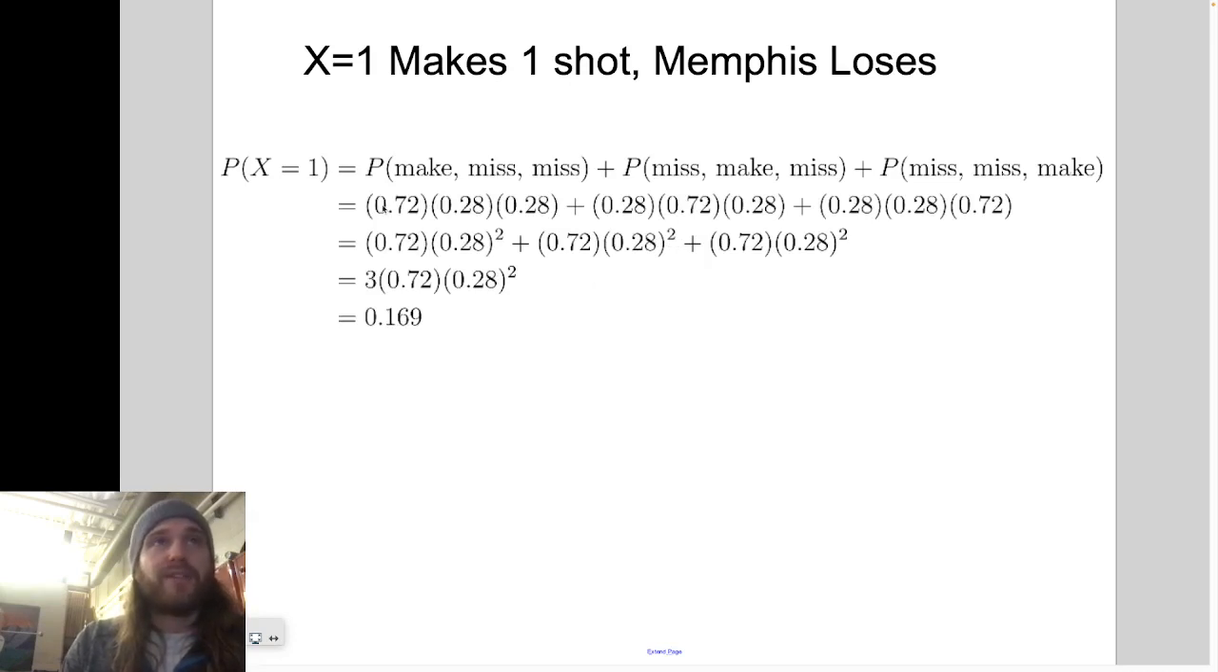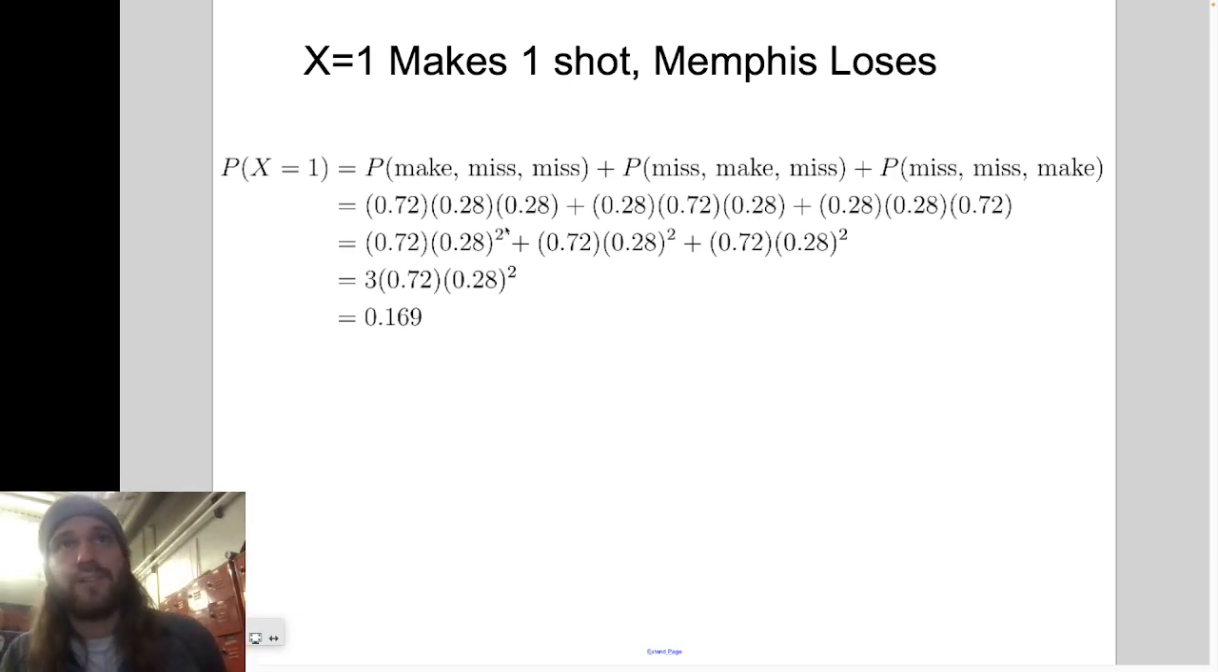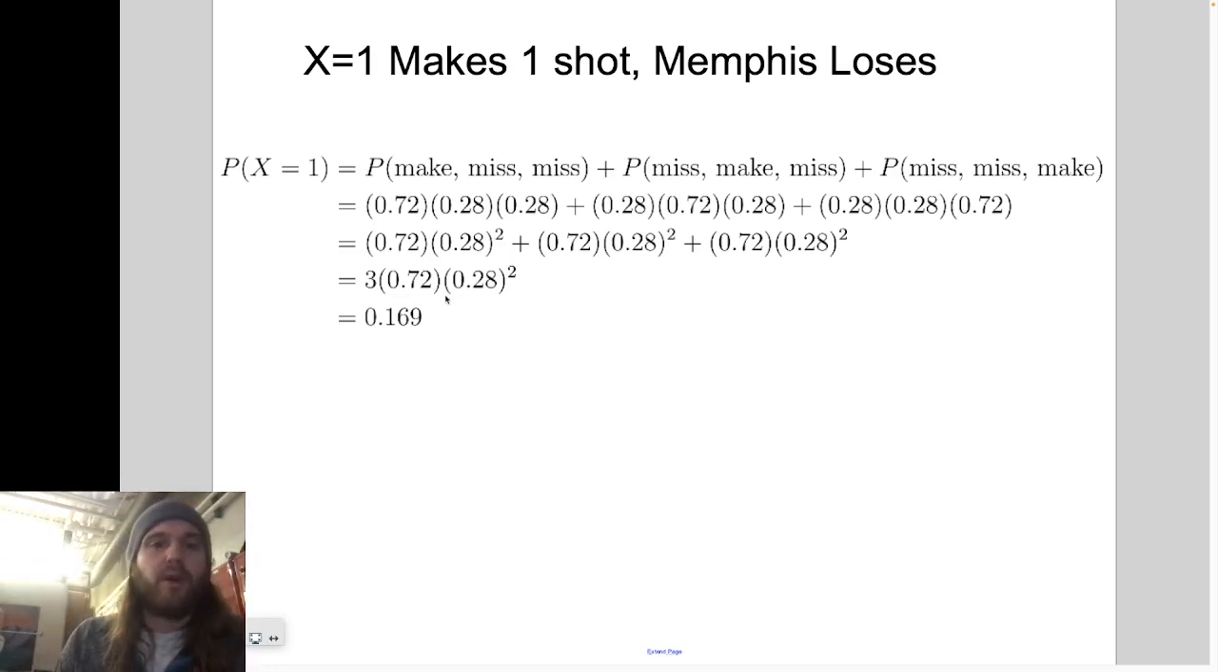The probability that he makes the first is 0.72 times 0.28, so make, miss, miss. And then this is going to be miss, make, miss. The success, the 0.72, is in the middle, and here it's on the end. Now, all of these 3 things are essentially the same number, right? It's 0.72 times 0.28 times 0.28, and we can multiply in any order, so we can shuffle them around and write this as 0.72 times 0.28 squared. And there are 3 of those, so when we add them together, it's really 3 times that number. So 3 times 0.72 times 0.28 squared is